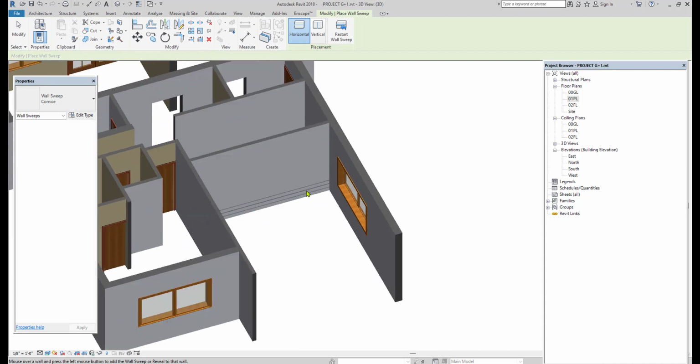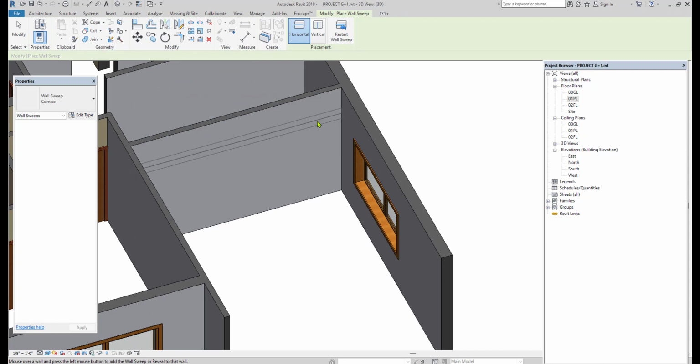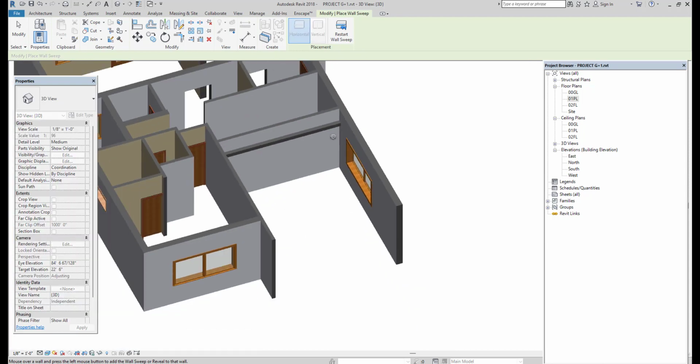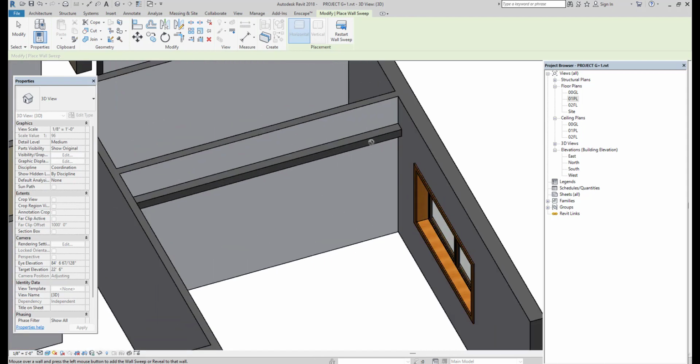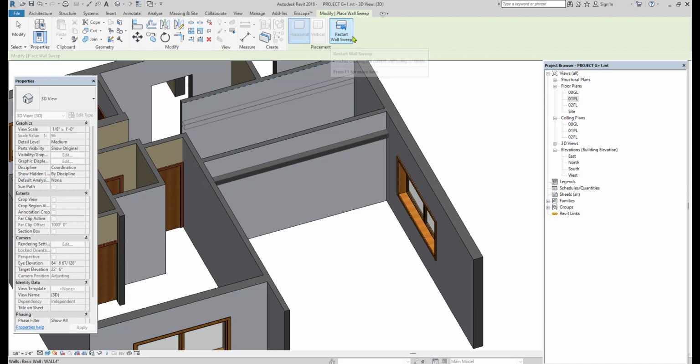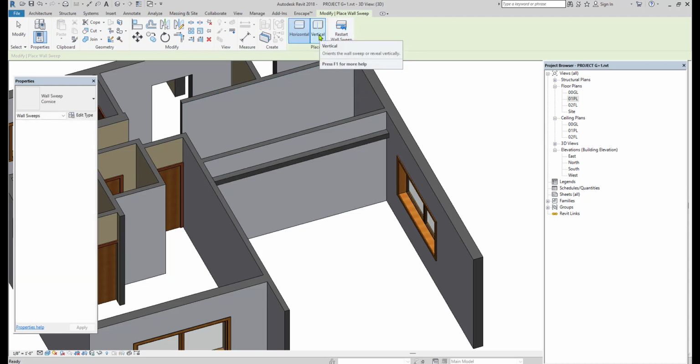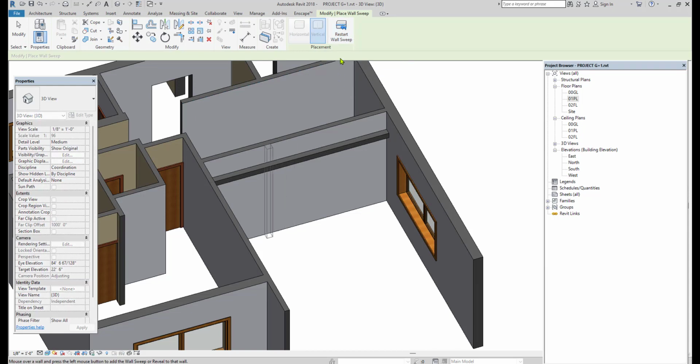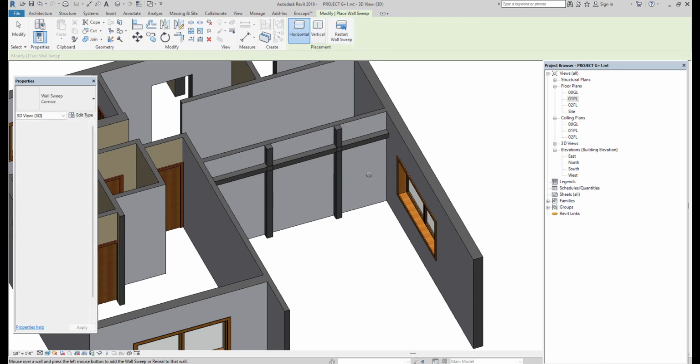As this is a parking wall, I want to decorate the wall. So you can place the wall sweep option like this. This is the default shape we are getting. We automatically get the width of the wall. Either you want to keep it horizontal or vertical, you can start. Again I have to click on the restart option to place one more time. Now this time I want to place it vertically, so you can place it vertically, restart it and place it again, restart it, change to horizontal and place it. Like this you can decorate your wall.